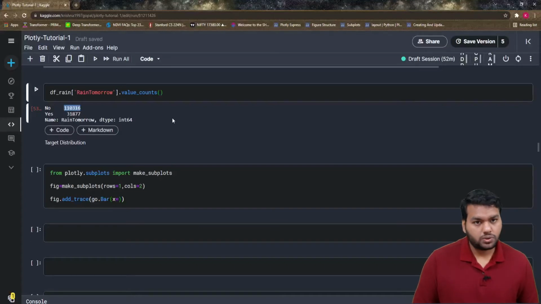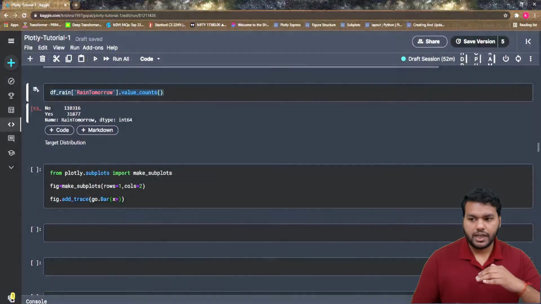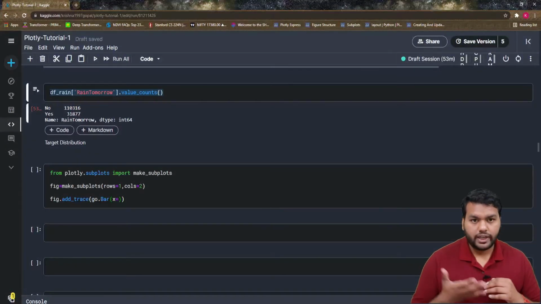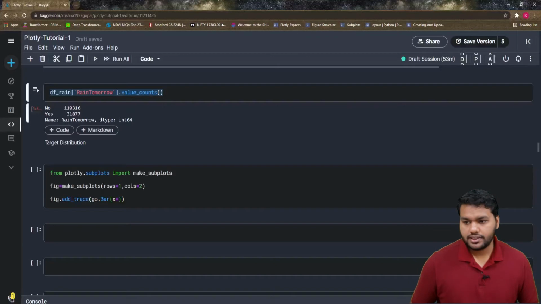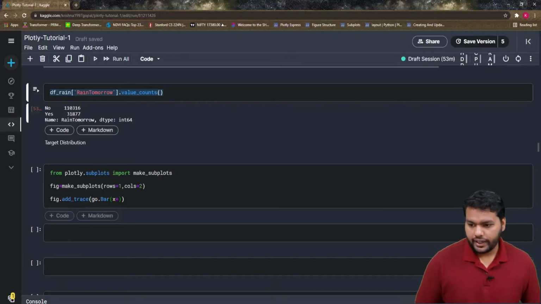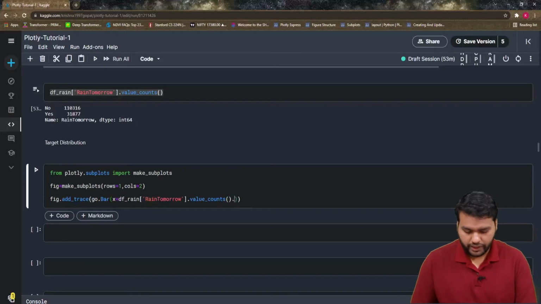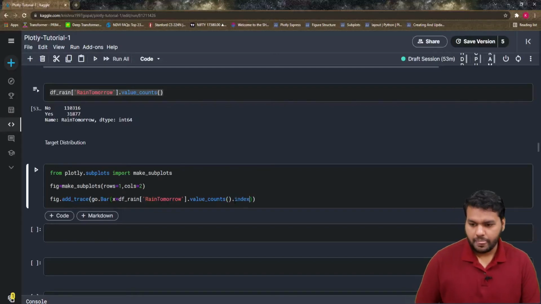That is, we have a binary classification problem. In the bar chart, I want to show yes and no on the x-axis. I just copy from here and put the x-axis equal to this, the index, and the values you want to see on the y-axis. So the same, and you have to pass the values. Yeah, it makes sense now.